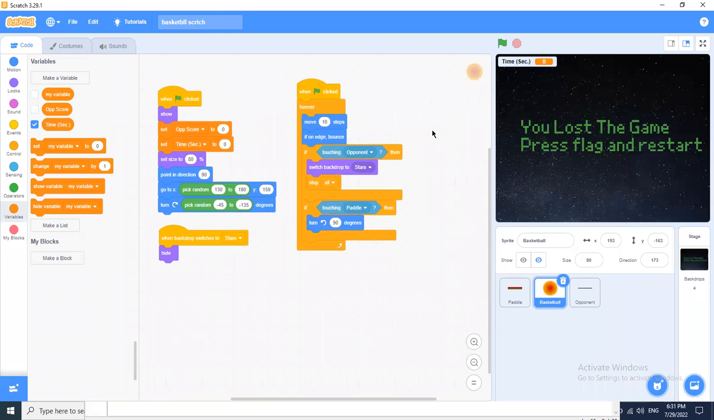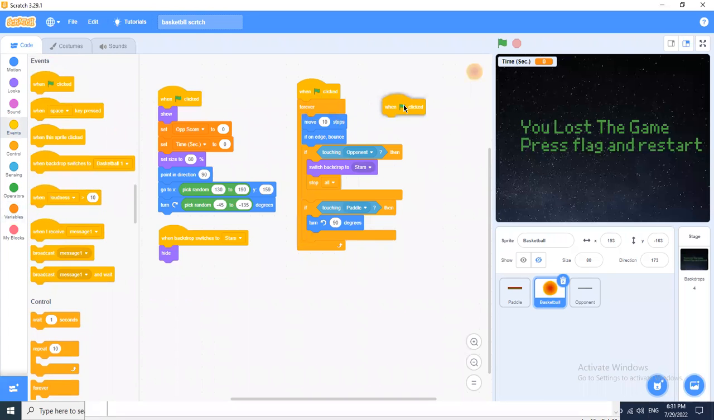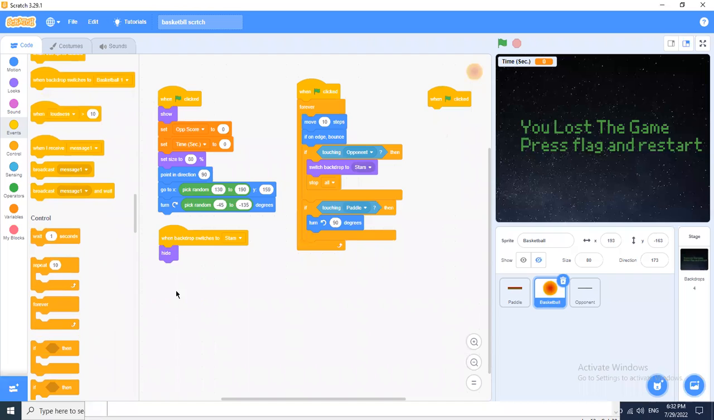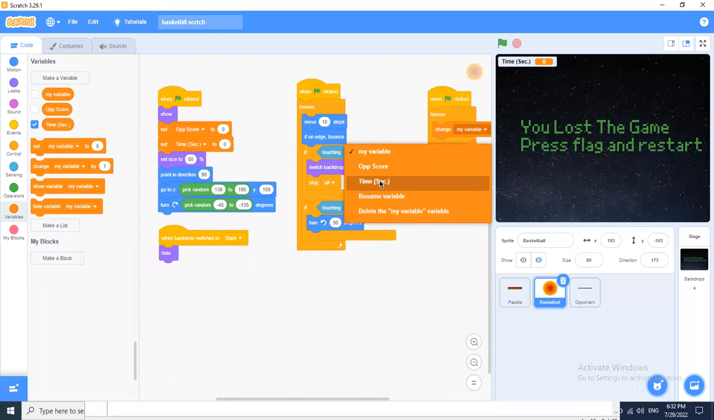whenever the flag is clicked, start counting the time. Okay. So we need a code that would start counting the time. For that, we are going to go to this events, pick up this when flag clicked. Whenever the flag is clicked, we are going to ask our game to always do something, and that something is keep increasing the time by using this, which says change my variable by 1, and my variable instead use time